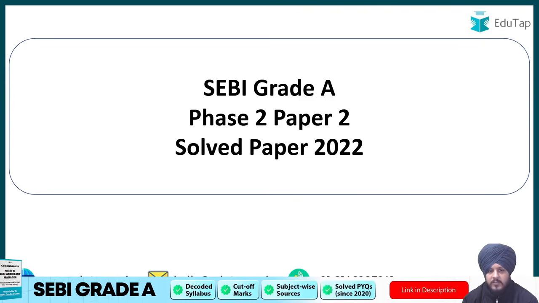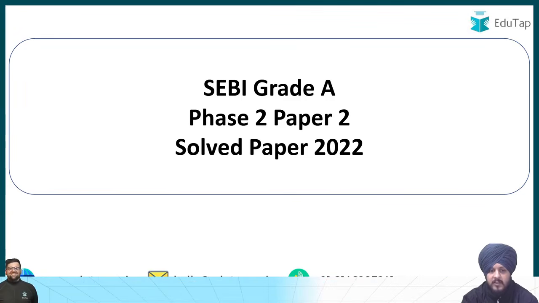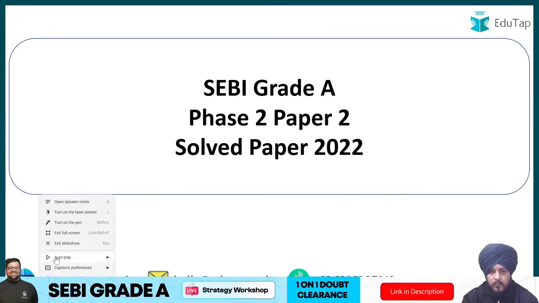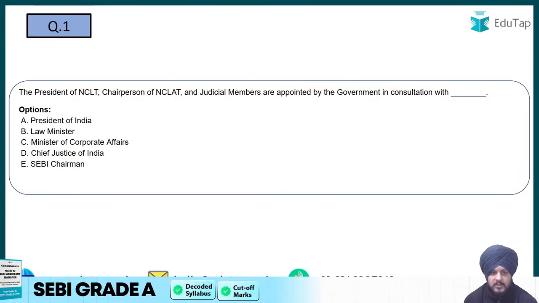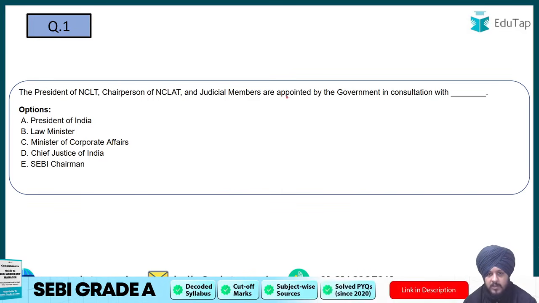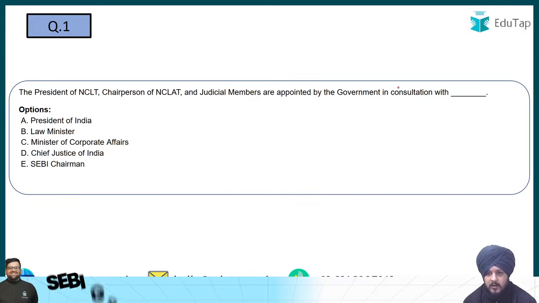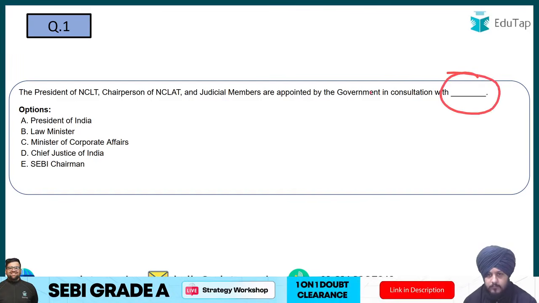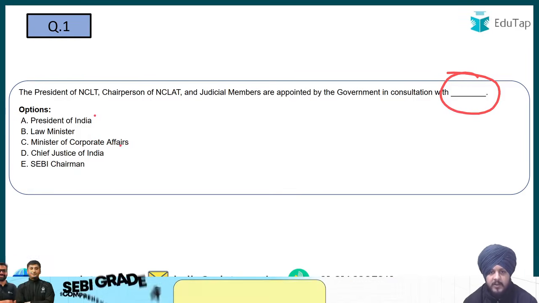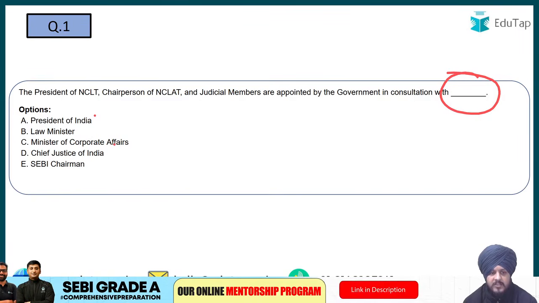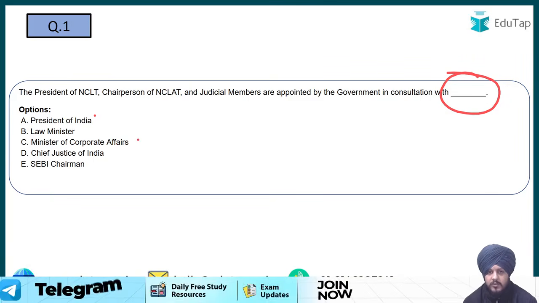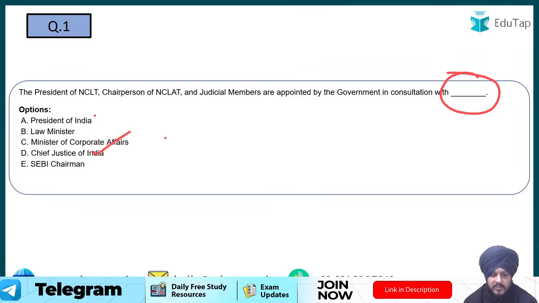So as a part of this video, we are going to discuss SEBI Grade A Phase 2 Paper 2. So the question number 1 is: the president of NCLT, NCLAT and judicial members are appointed by the government in consultation with whom? Option A, President of India. Option B, Law Minister. Option C, Ministry of Corporate Affairs. Option D, Chief Justice of India. Option E, SEBI Chairman. So the correct answer to this question is going to be option D, which is Chief